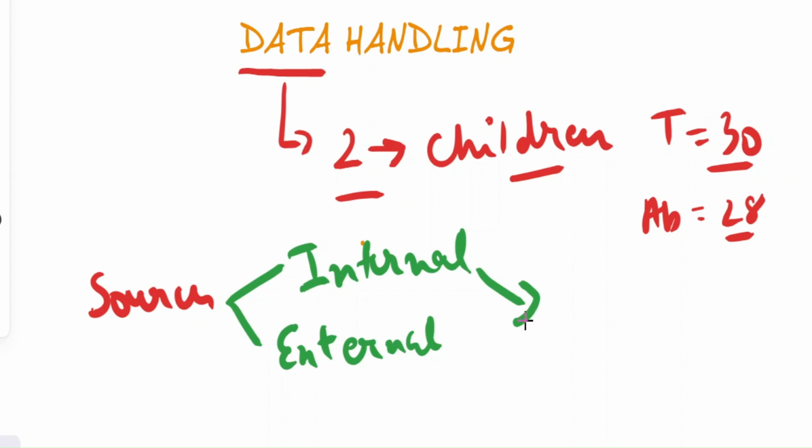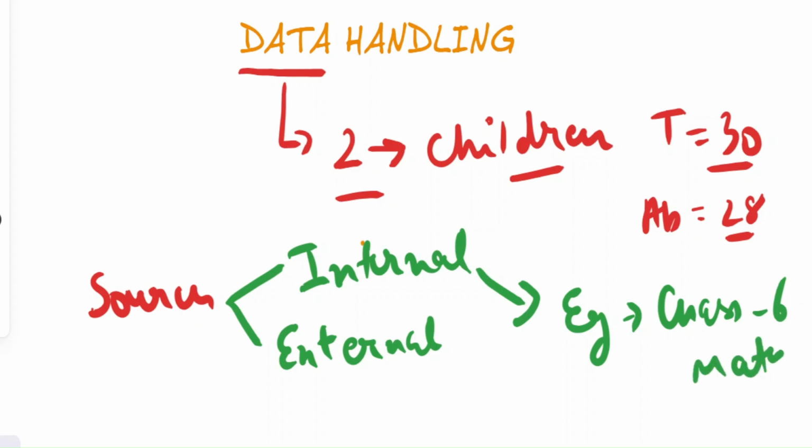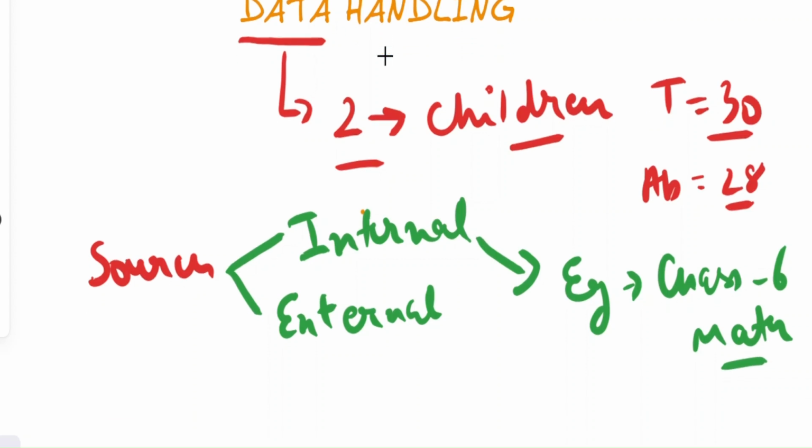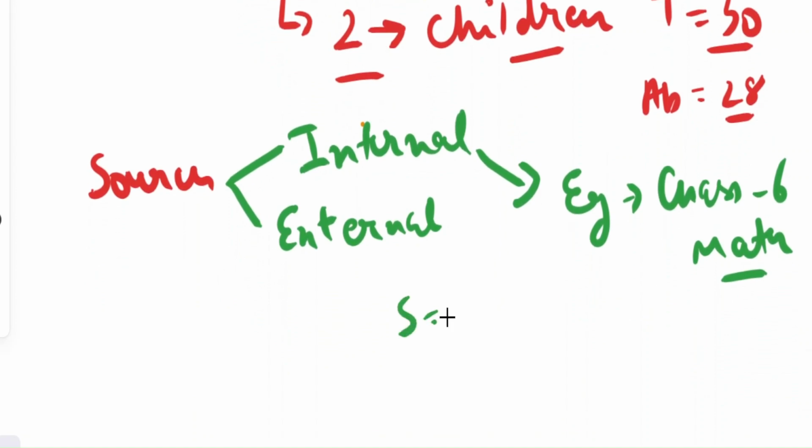an organization. Let's take an example. If I want to know about the class 6th mathematics marks, I will be collecting internal source data from, let's suppose, a school XYZ. The school name is XYZ, and I want to know the marks of mathematics for class 6. So I will choose an internal source. I will contact their class teacher for class 6 or the principal to get the record for the class 6